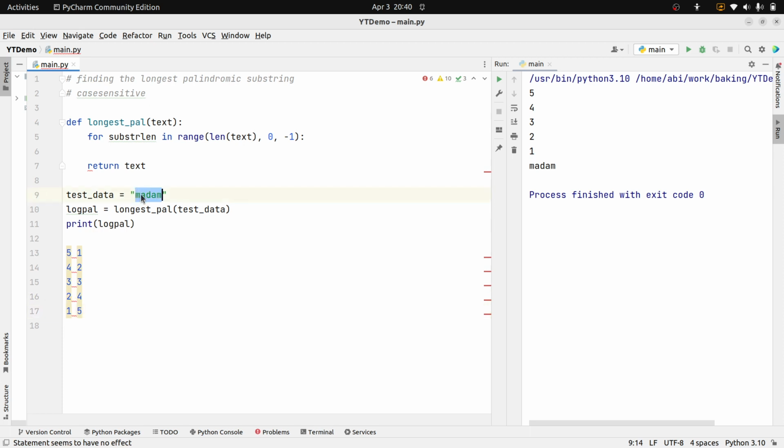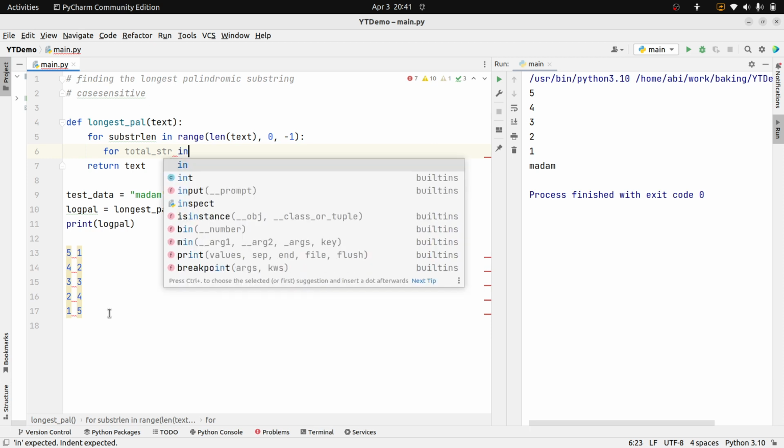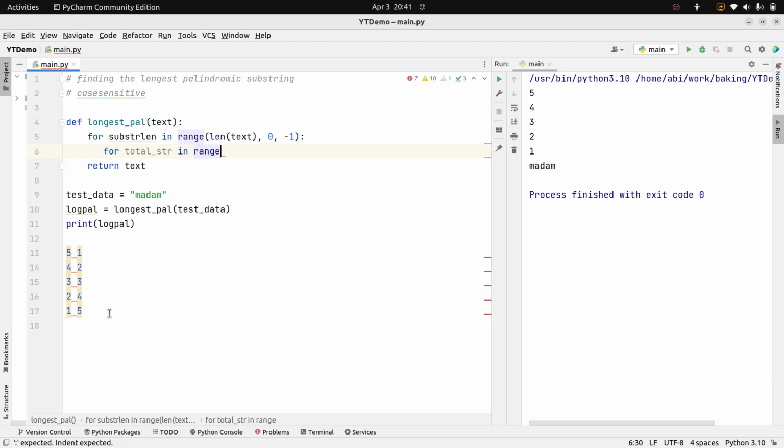You can see here 1, 2, 3, 4, 5. Okay, so we wrote the loop, right? Inside that we need another loop that should iterate how many strings of that size there are, that many times that loop should get executed. So for, let us give the name total string, in range. Okay, here